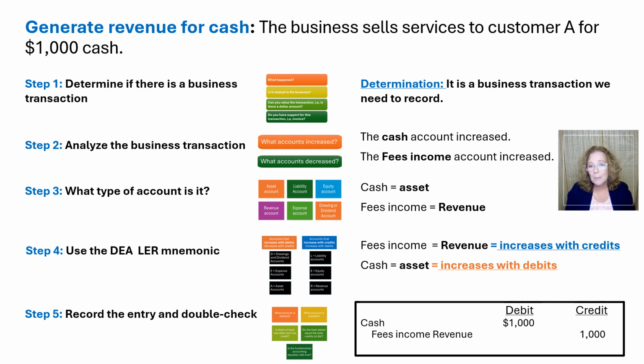Where in the accounting equation do we find amounts owed to the owner? That's right, in the owner's equity section of the accounting equation. Therefore, the owner's equity increased when the business's revenue increased. And you can tell that both sides of the equation increased when the business generates revenue for cash.